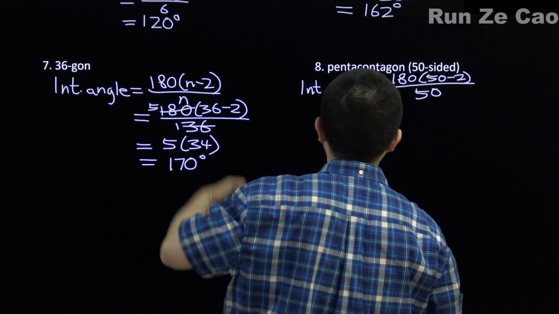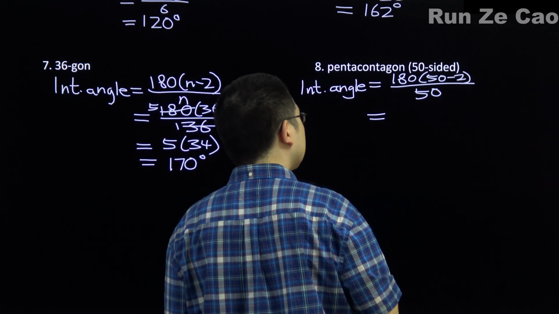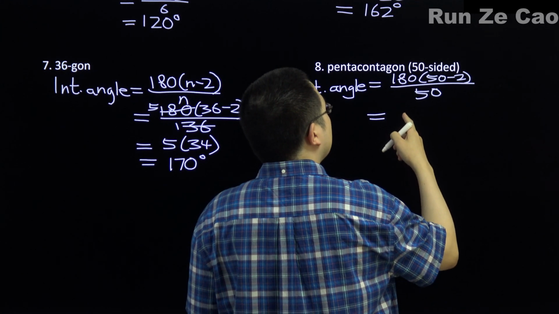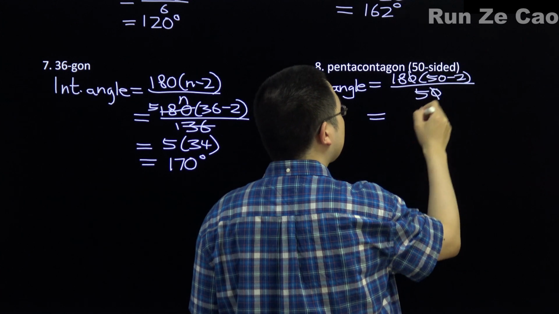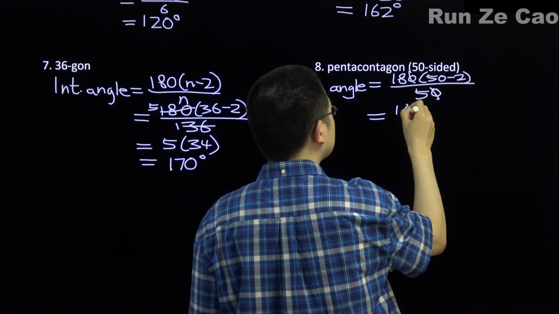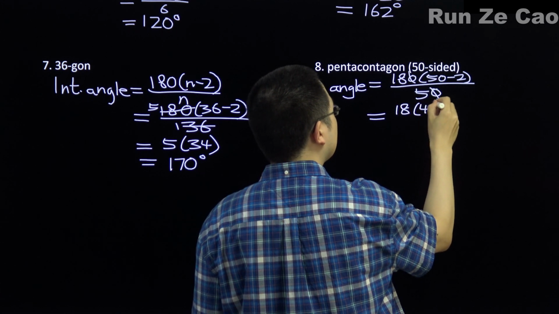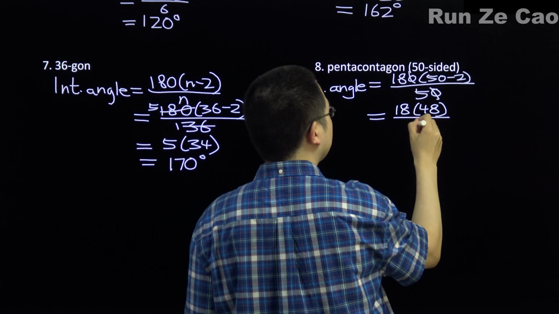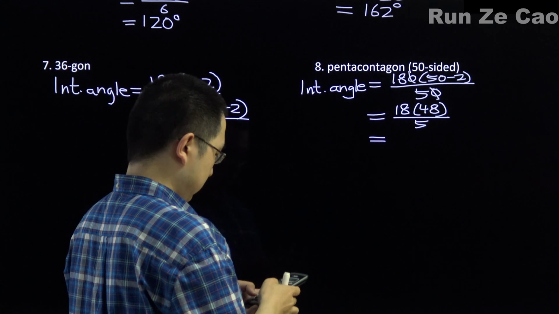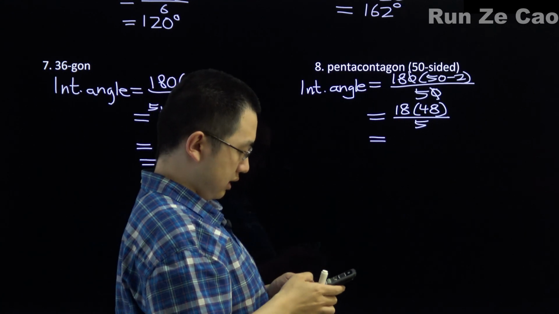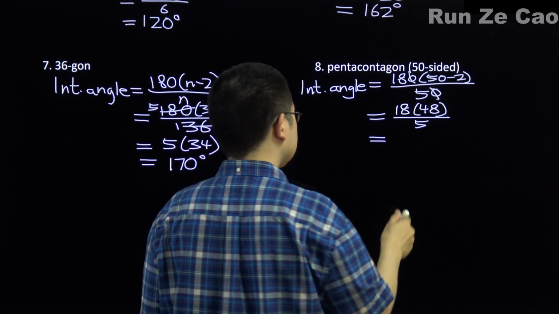Instead of writing out the formula first, the formulas. So 180 divided by 50, well, you see where that's going. 18 times 48 over 5. So 18 times 48 divided by 5, we get